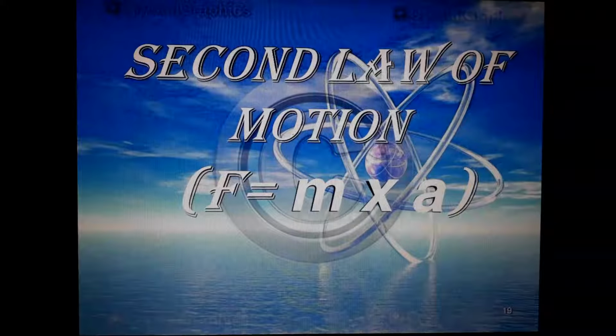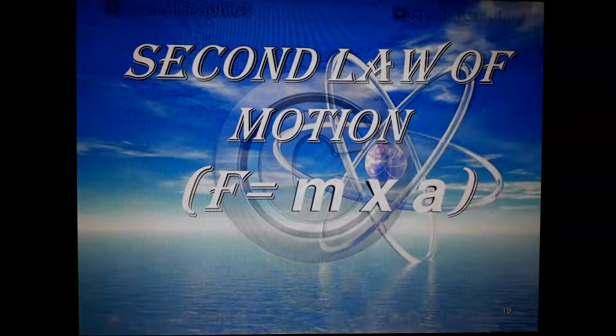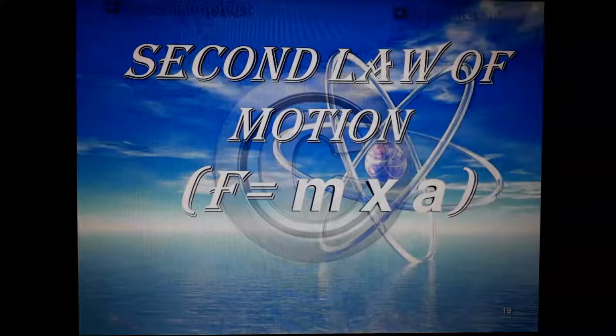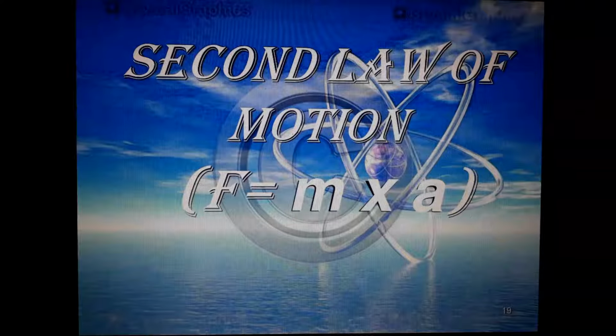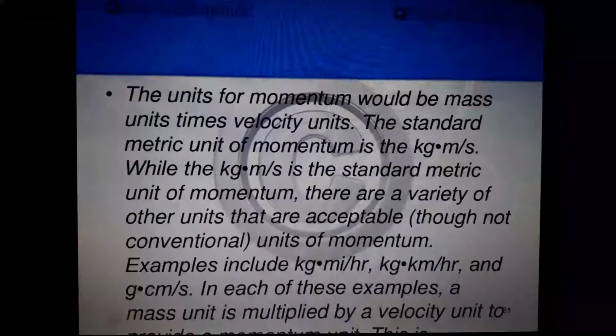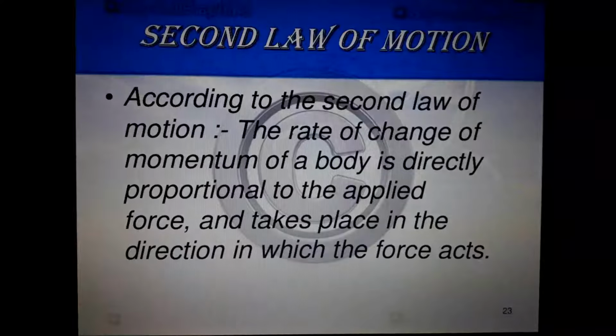Okay, so the second law we already studied. From that we derived an equation: force F is equal to the mass of a body times its acceleration. The force F acting on a particular body will be the product of its mass and acceleration. The SI unit of force is Newton, or dyne, another unit also is there, but Newton is the standard unit of force. So 1 Newton is equal to 1 kg into 1 meter per second square.